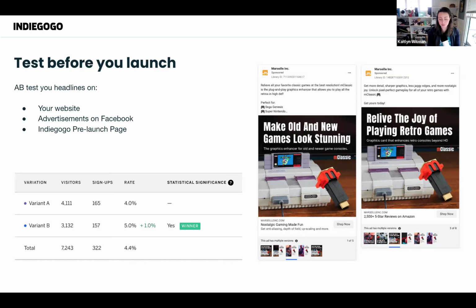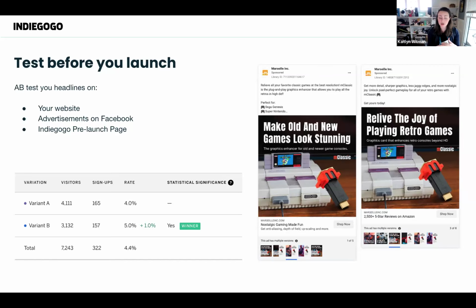As the slide is saying, I'm sure you guys already read it. Test everything. Think of anything that you can do. Ask your mom, ask your friends, send out a survey. What Rainfactory does is we take a very data-driven approach, and we use some of the headlines and taglines and run them as advertisements in Facebook. And we measure the click-through rate and the resulting sign-up rate for the people who are engaging with our ad